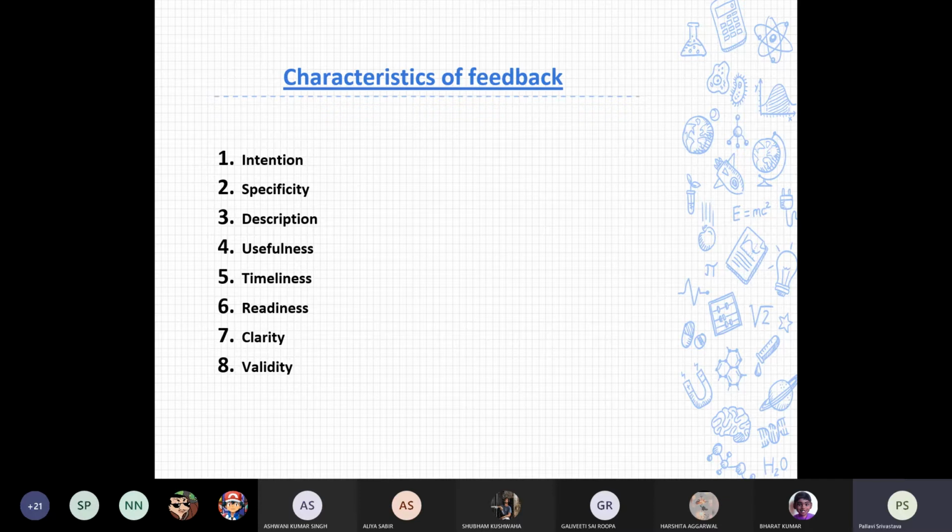So being specific while giving any feedback is very, very important, rather than giving general comments to someone that, okay, you are not a good employee. He might be a person who always follows his deadlines. He might be a person who has brought a lot of business to the organization. So when you criticize someone's effectiveness just because they are late, then it is going to create a lot of problems. Okay, so specificity is very, very important.